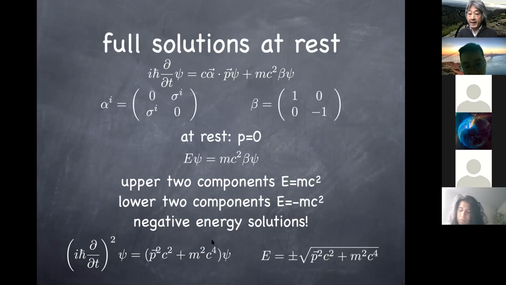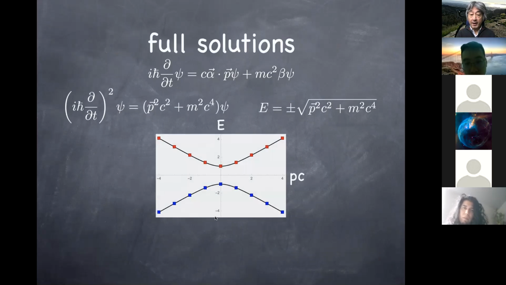Okay, but this negative energy solution turns out to be a huge problem. If you solve this Dirac equation for finite momentum, and we will do that actually next week, here I'm just showing solutions. Energy goes like the square root of p squared c squared plus m to the fourth c to the fourth, so they follow this curve. And here I made the momentum discrete, but of course in fact it has to be continuous, just for the sake of making a picture. The problem is that for a given momentum, I find two positive energy solutions and also two negative energy solutions. And now comes the problem.